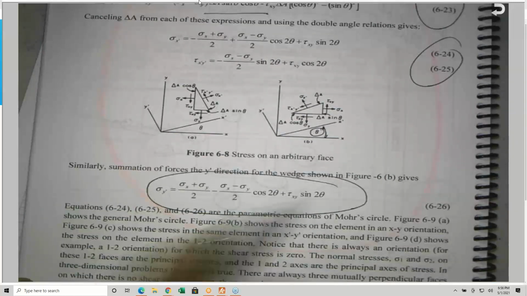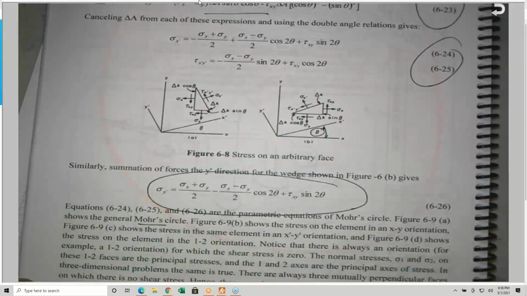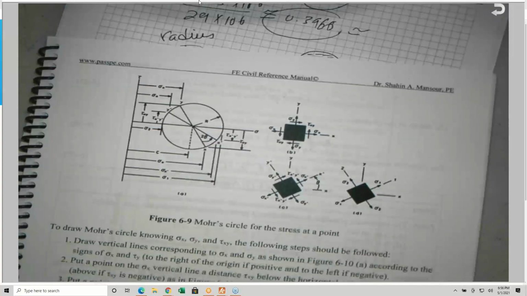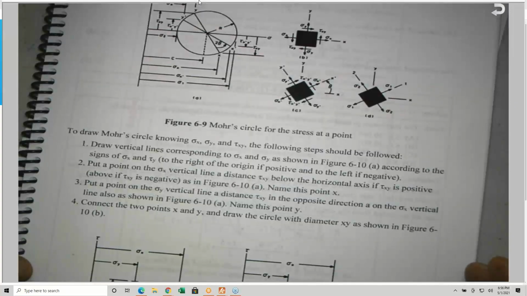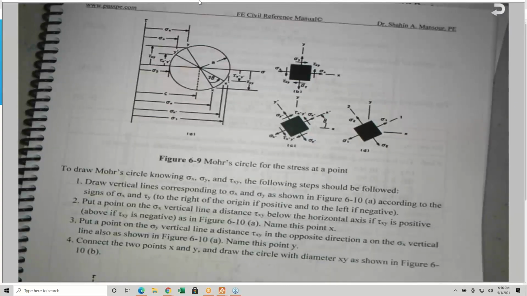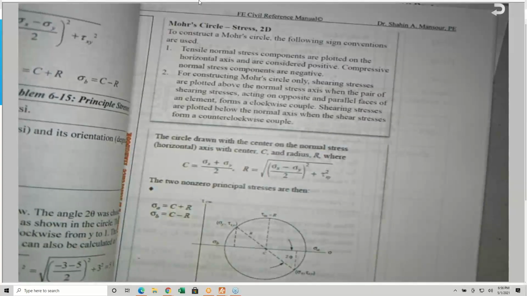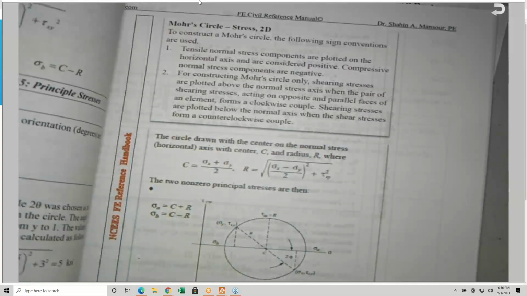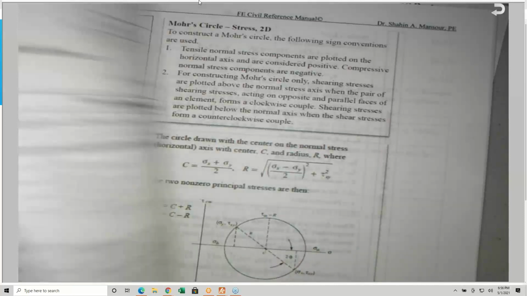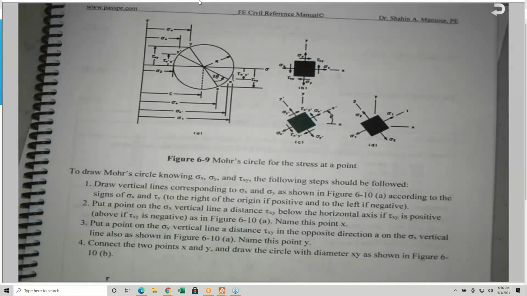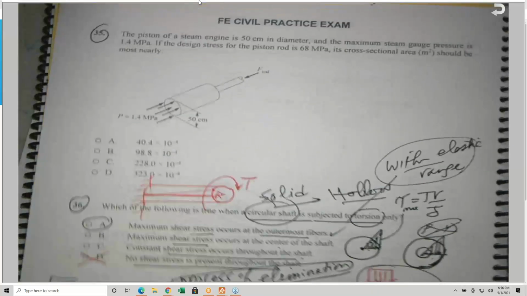And Professor Moore took these equations and generated Moore circle. I will show you the Moore circle in just a second. But not necessarily on the exam are you going to use Moore circle. Not necessarily, okay? Moore circle is coming. But, for example, this problem here, I remember I saw a problem this morning. If you remember the NCEES,